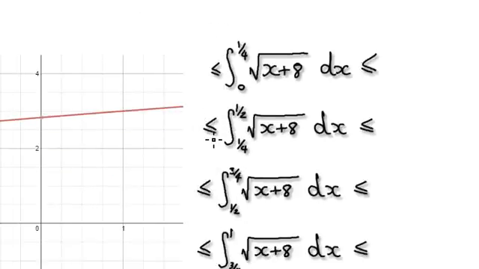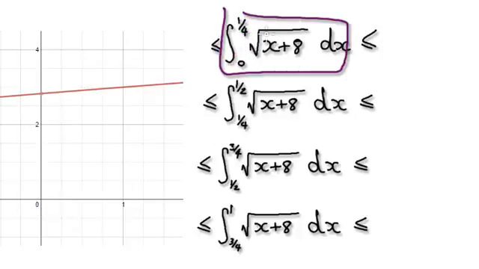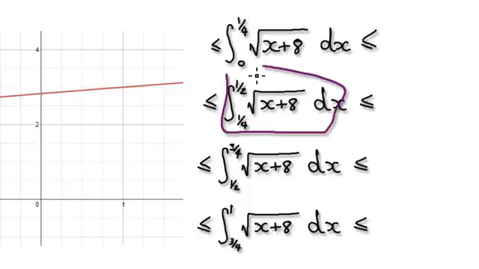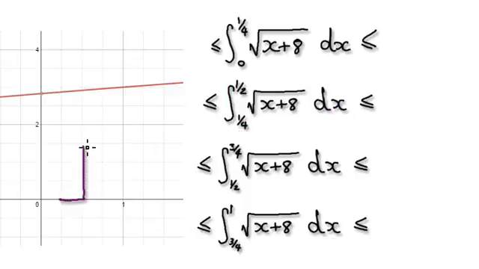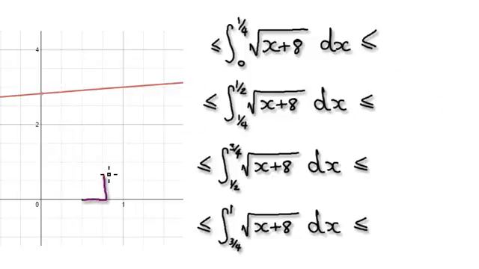Now it's your turn to have a go. Split this into 4 blocks. So that's really you looking at this. Between the interval of 0 to a quarter, what is the biggest possible value that this thing could be? And for this one here, you are looking at this rectangle. You've got to ask yourself, what is the biggest value that this thing could be, and then what is the smallest value that this block could be? So that would be this. And then you would look at this block here,